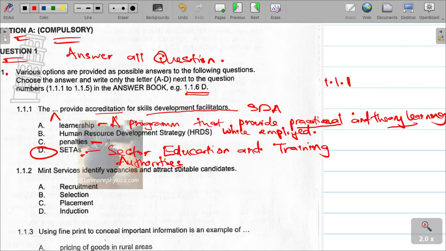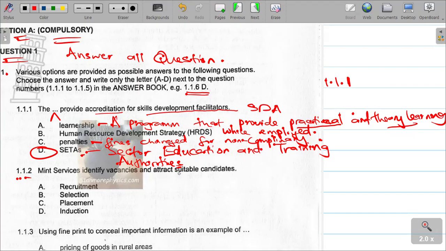Let's talk about penalties. Penalties are fines charged for non-compliance. That's what you call penalties. A human resource development strategy is a strategy to develop employees within an organization. So let's go to question 1.1.2: meet services, identify vacancies,